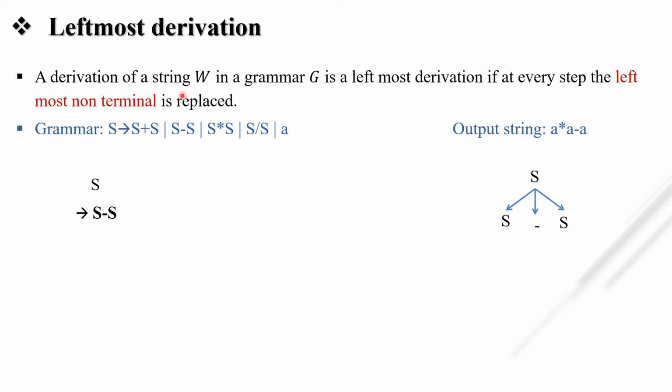According to leftmost derivation, we have to replace the leftmost non-terminal first. So what is our leftmost non-terminal? This S. So we replace first this S with its body. We have to replace this S with S * S, then and only then we can get the string, that is first the multiplication sign and then the minus sign. That's why this S will be replaced by S * S.